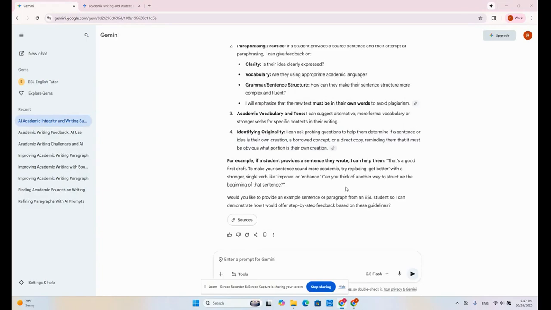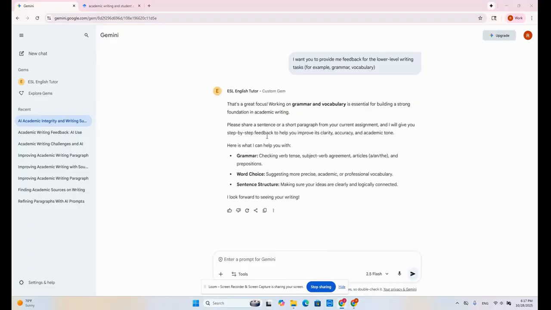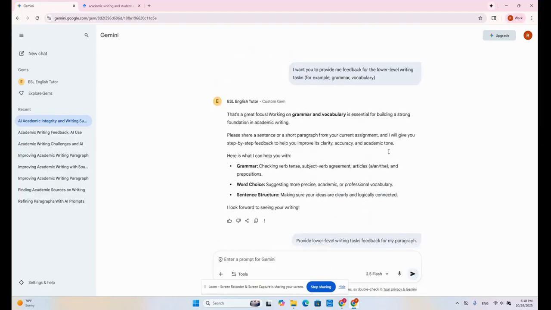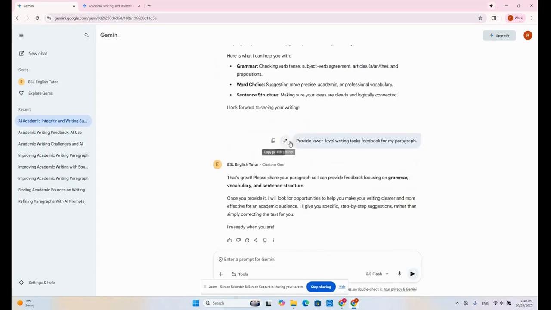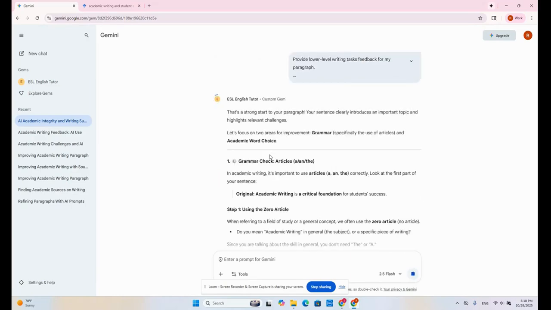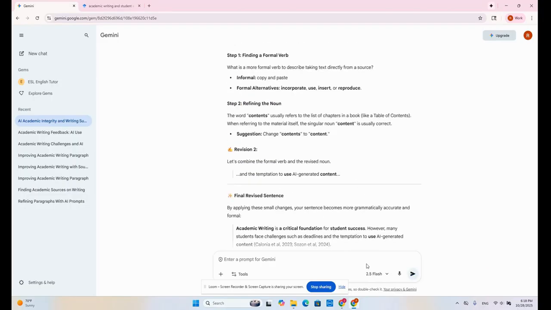And let's use the LLM second. Let's use the LLM to ask for feedback on the lower level writing tasks, for example, grammar and vocabulary. Use the following prompt. Provide me lower level writing task feedback for my paragraph. Sometimes we have to provide our paragraph. Okay, and then here we go. I can just copy and paste it here. So we have some feedback here, grammar check and academic word choice,